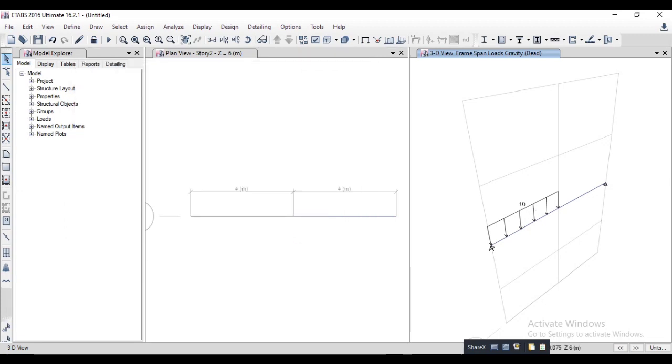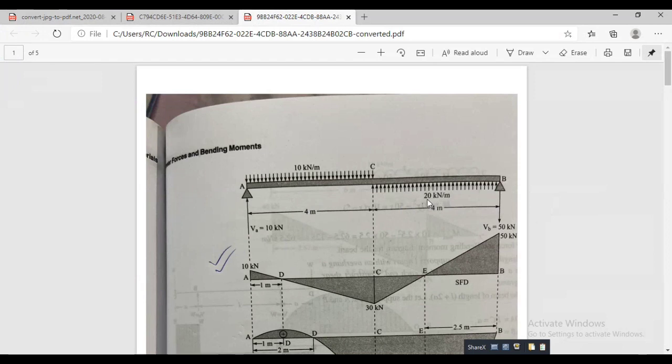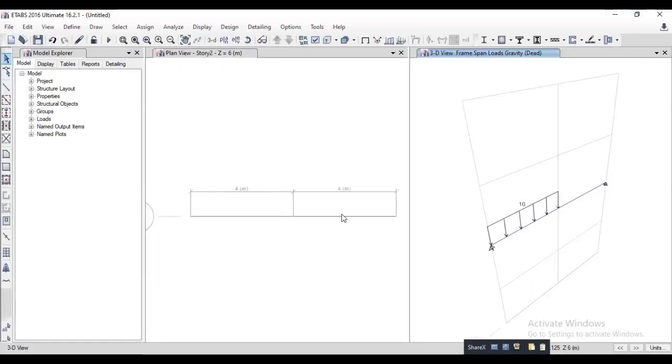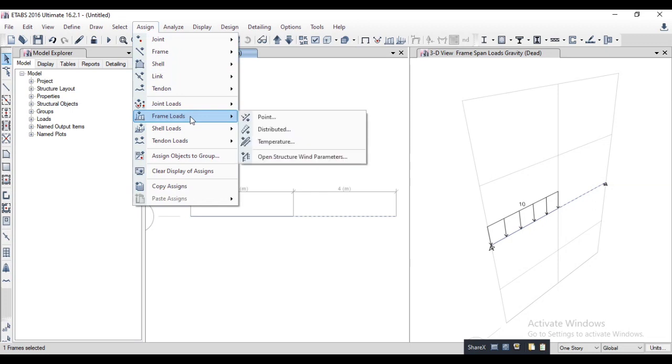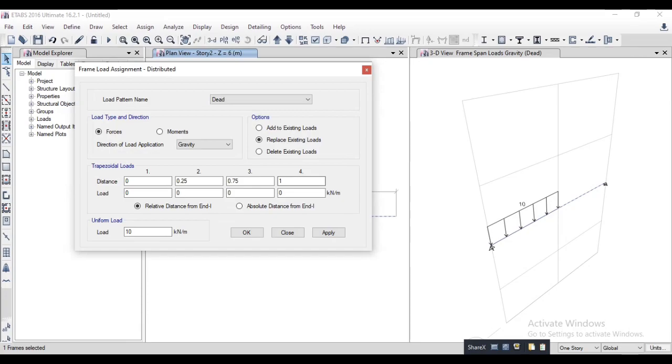Go to close. Another is 20 kilonewton per meter in upward direction. So select this beam object, go to assign and go to frame load and then go to distributed, because this one is also a distributed load. Direction is